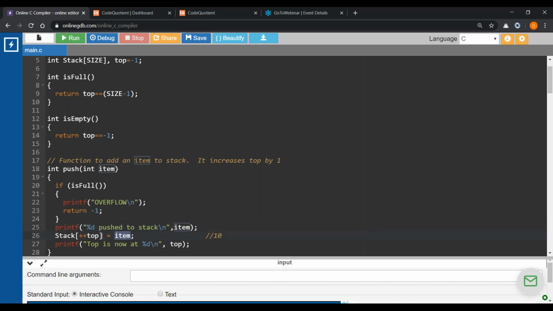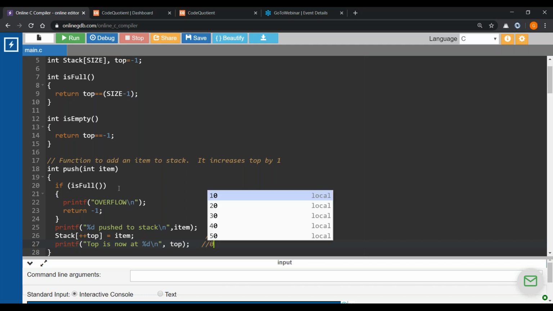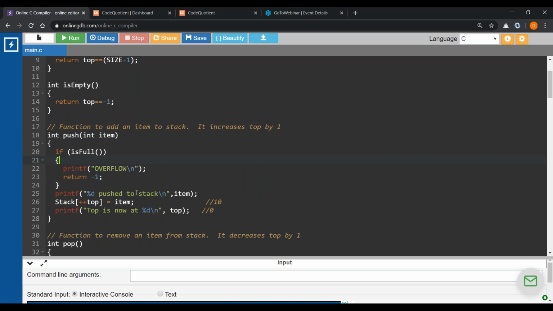Then this item which was 10 was pushed into the 0th position. Why 0? Because plus plus top changed the value from -1 to 0. And then it displayed top is now, what should top be now? Initially it was -1. Over here it is 0. So this was the first call.